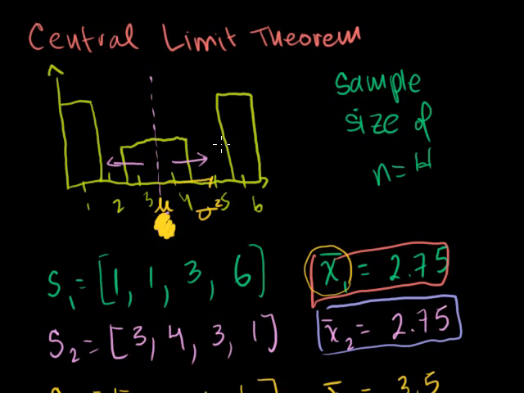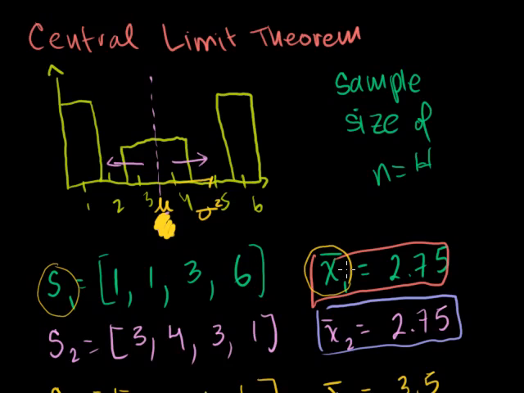What I can do is take samples in the last video of, say, size 4. So that means I take literally 4 instances of this random variable. This is one example. I take their mean, and I consider this the sample mean for my first trial, or you could almost say for my first sample. I know it's very confusing because you can consider the set to be a sample, or you could consider each member of the set as a sample. So that can be a little bit confusing there.